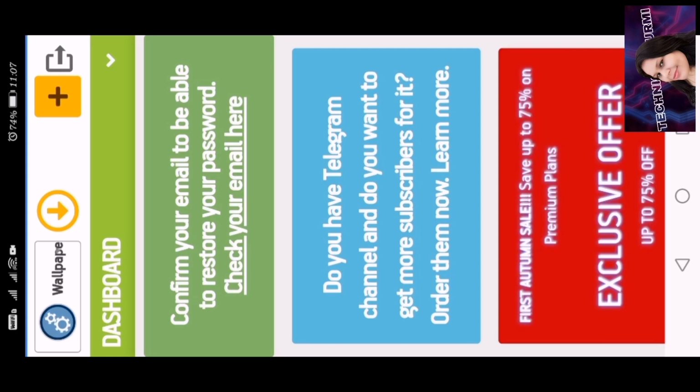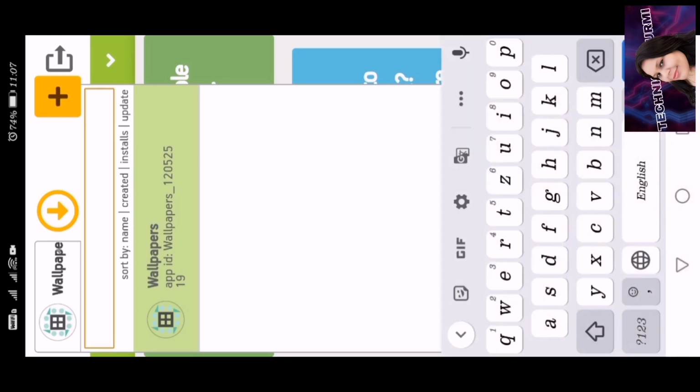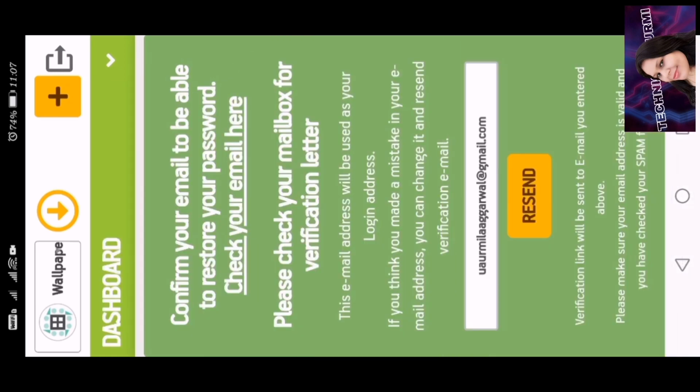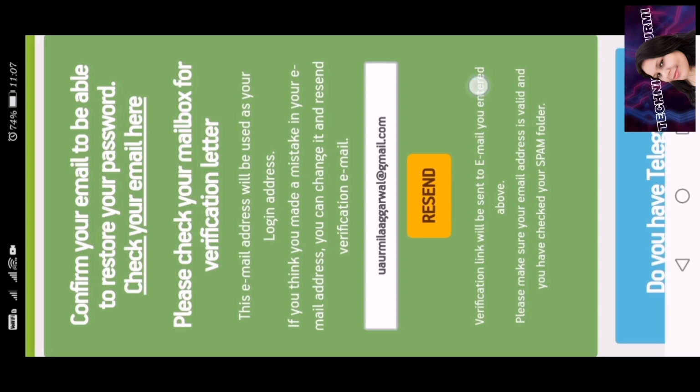You can go to the dashboard, and you can see your app name wallpaper, and there is a down arrow, which is for downloading your app. You can download it, or use the arrow after publishing. If you want it on your ID, you can resend your link.